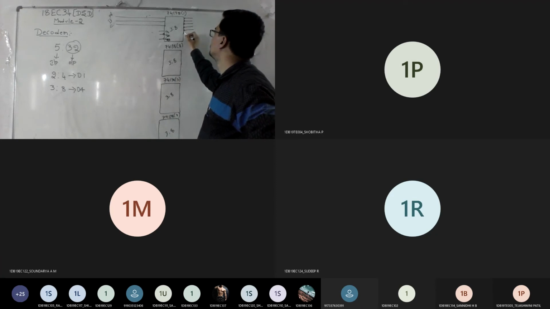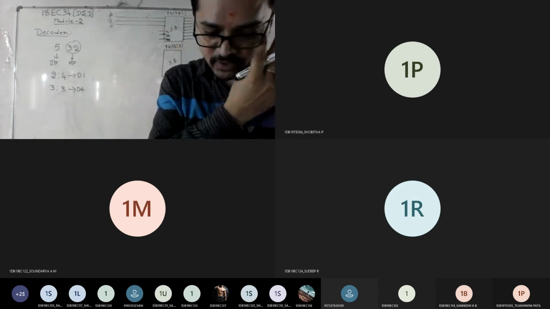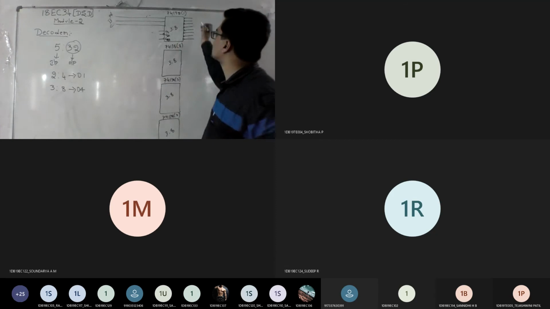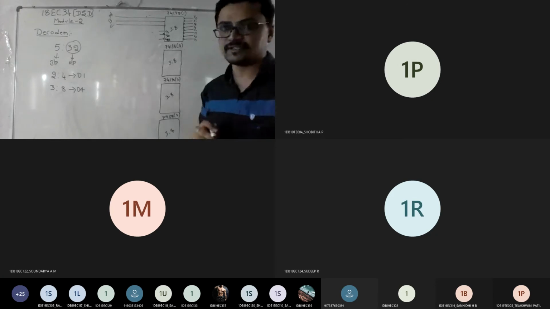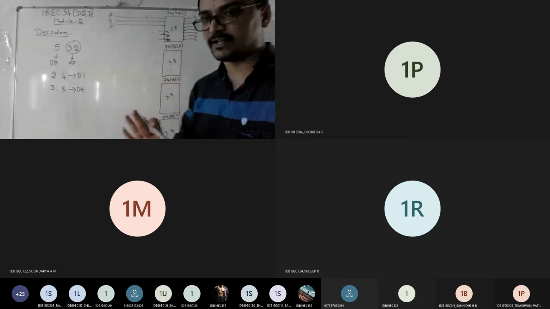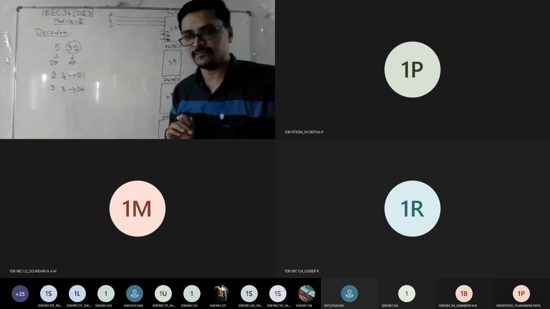So I'll just represent one. Remaining things you can write on your own, not a problem. Am I clear? So what are the outputs? Start from Y0, Y1, Y2, Y3, Y4, Y5, Y6, Y7. So any doubts, anyone still? Just now we discussed how to do the alignment. We have still not talked about the connection part. So any doubts, anyone, till here?